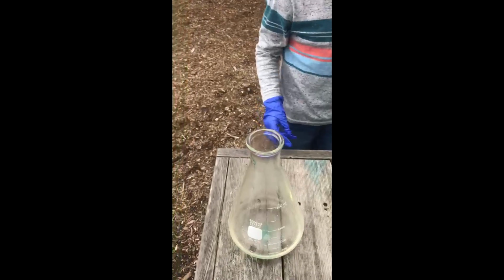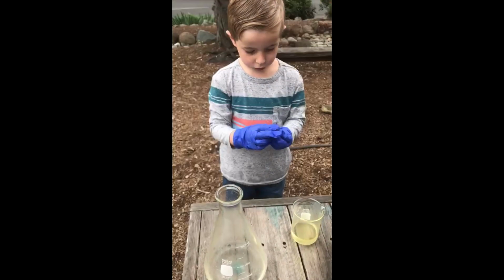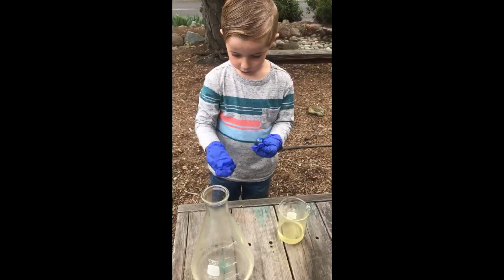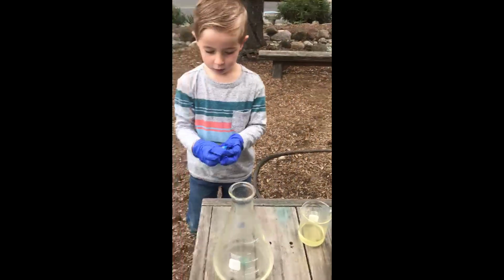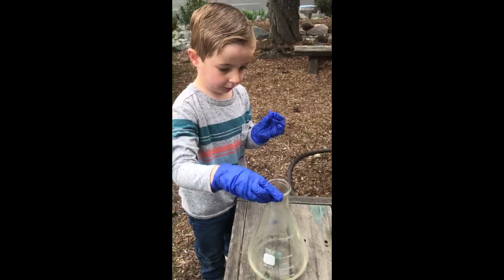Okay. Next thing you want to do is put in food dye. So I recommend one or two colors. What color do you want, Graham? Blue. Okay, just do blue. Let's try one and just see what happens. So put in your food dye. You can do different ones, and if you put it down the edge, it actually does look really cool, but we're just going to do this for the sake of...